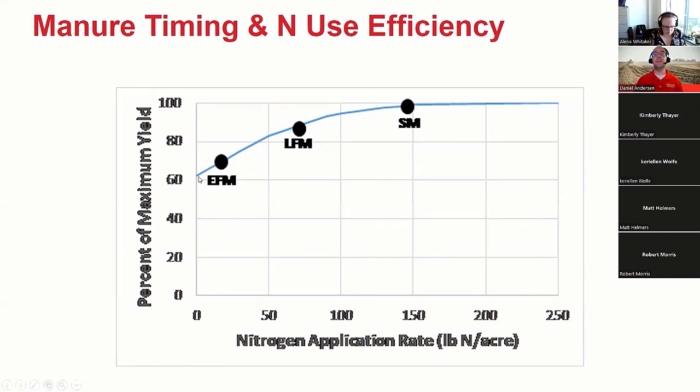And early fall manure is even lower, right? We're only having something like approximately 30, 40 pounds of nitrogen that we're effectively using. And I think that's really striking. When you think about nitrogen prices right now, they're about 70 cents, but they did get close to $1. When you think about valuing that nitrogen and what that means for us in the world of manure, well, timing really is a big deal, especially with some of these manures that have high ammonium concentrations to start with and potentially are more prone to loss when we have some of that earlier season manure.